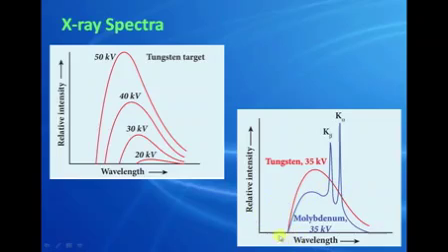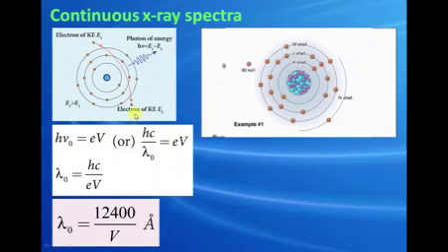First one, for a given voltage: here, in both molybdenum and tungsten, the same voltage has been applied. So the starting wavelength, if you see, is the same in both. That starting wavelength is called the cutoff wavelength. The intensity of X-rays is significantly increased at certain well-defined wavelengths, as shown in the case of characteristic X-ray spectra in molybdenum. Next we are going to see the continuous X-ray spectra.